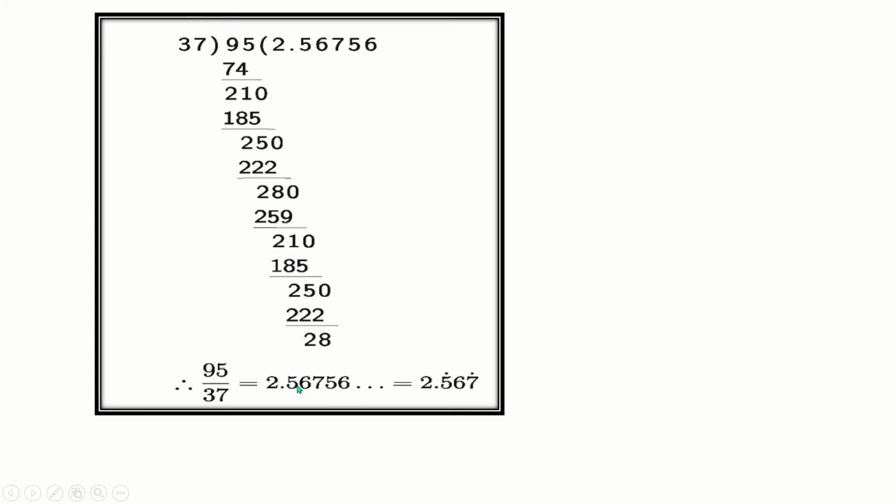Okay, so we can put a point on 5 and a point on 7, that means the point on also 6. That means 5 6 7 is always repeated. Clear everyone? Okay,